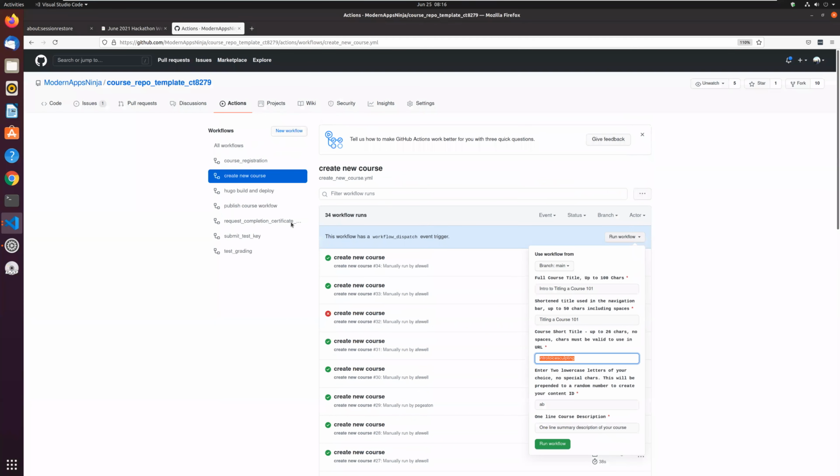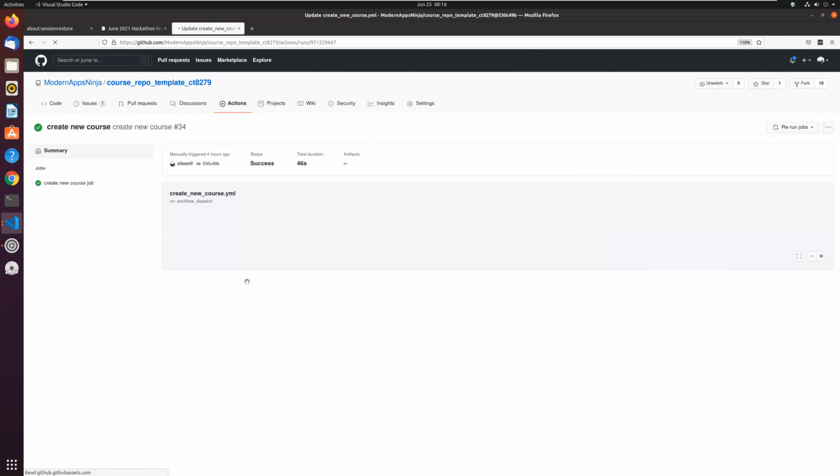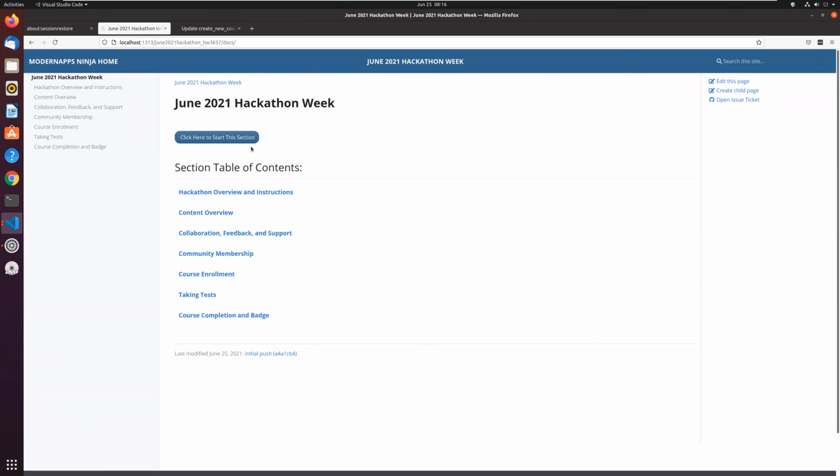You can actually see here the most recent course run that already ran. This was the workflow that ran to create this. Now, interestingly, one thing I'm realizing might be a little confusing is that what we're looking at over here is our hackathon week page.